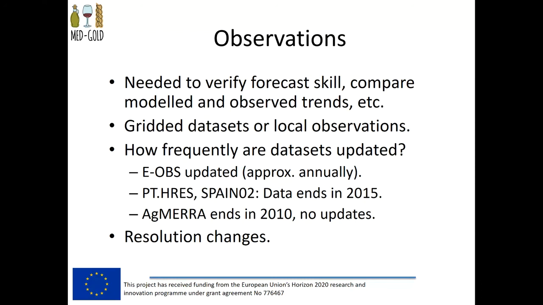And there's also another thing to think about with gridded data sets: they sometimes change resolution. E-OBS was originally around 25 kilometers, but currently it's down to 11. So if that happened again to a higher resolution that was ingested, that's something an operational service would have to take into account, because the resolution may change the appearance of some products and things like that. Next slide, please.